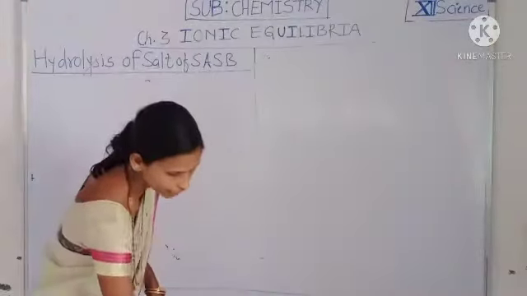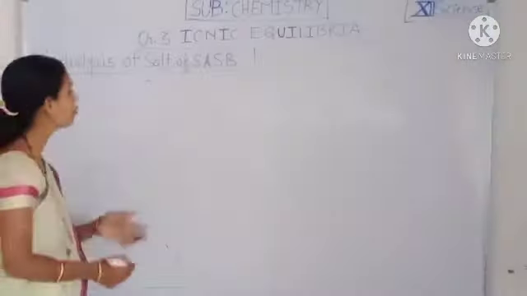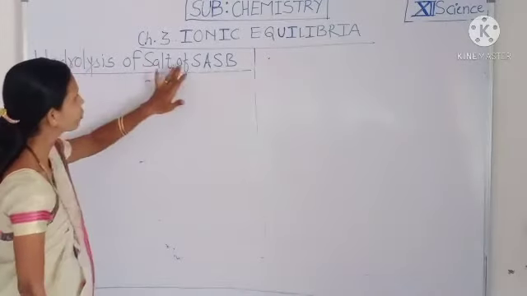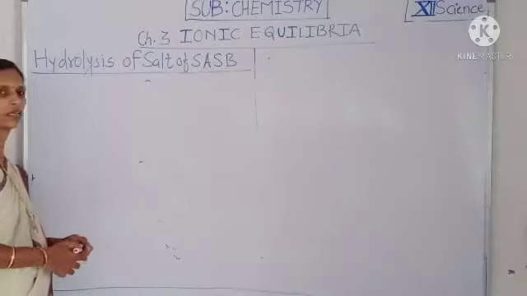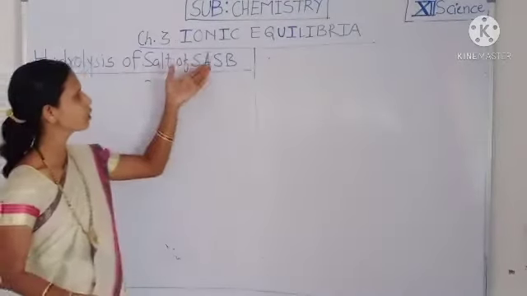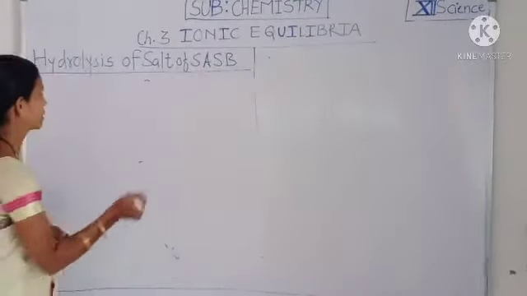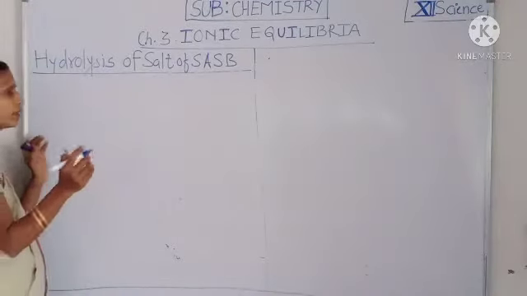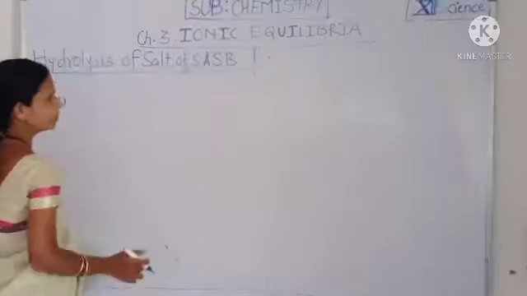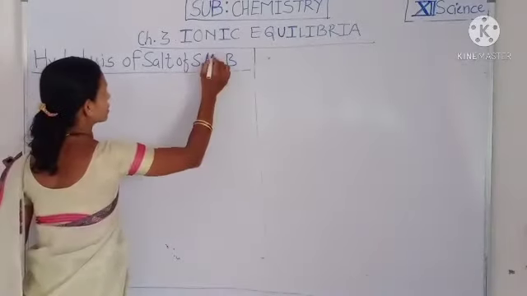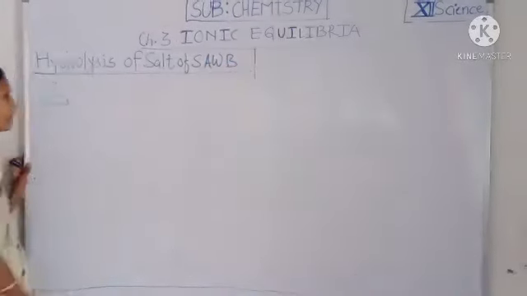Taking one example of salt of strong acid, weak base, we can discuss the hydrolysis of such a salt. Here the example of salt of strong acid, weak base is